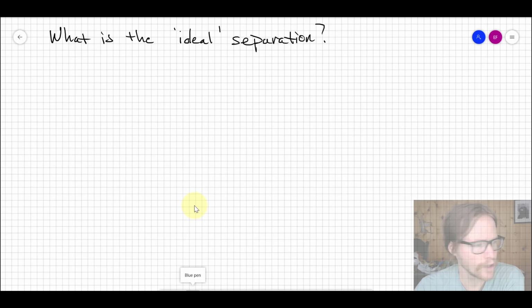All right, so now knowing what we know, what is the ideal separation? Well, I think you can probably state that you want something that's fast. You don't want something that's going to take you 10 hours to do one sample of separation. But you want that to be counterbalanced against the sort of opposing metric that we mentioned with resolution. So you want it to be fast enough that you don't have to wait forever, but you still have adequate